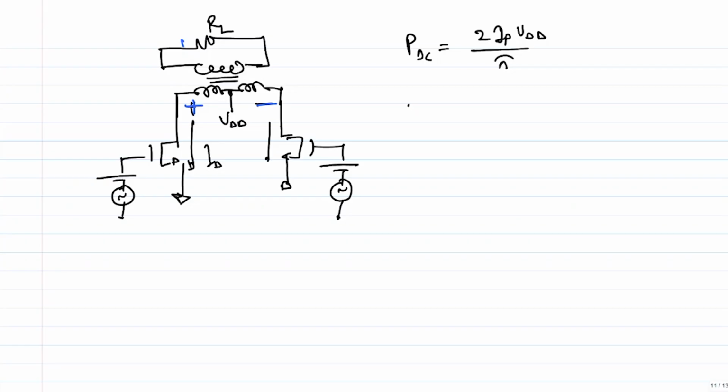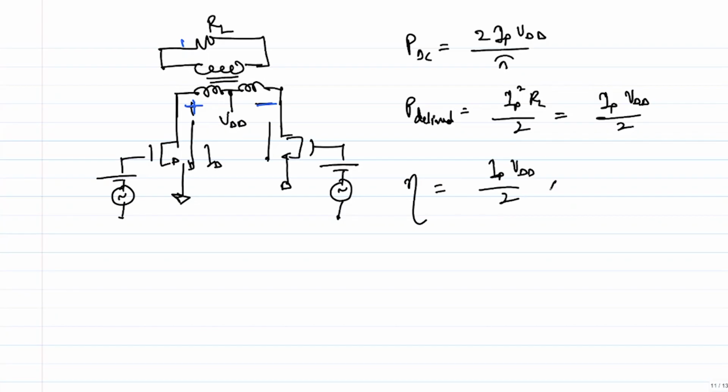So the power delivered is IP squared RL by 2. And from the argument that we had earlier, I know that IP times RL is equal to VDD, which means this is IP times VDD by 2, right? So what is the efficiency? It's basically IP times VDD over 2, divided by 2 over pi times IP times VDD, which is pi by 4, which